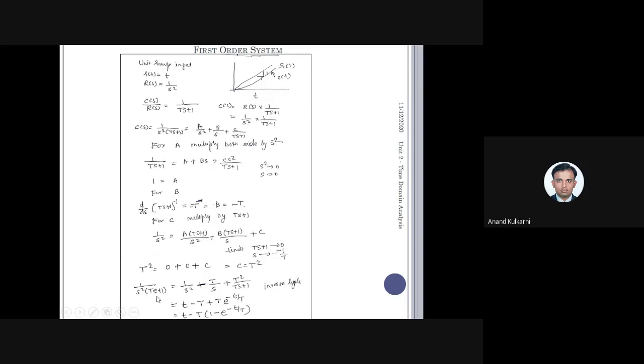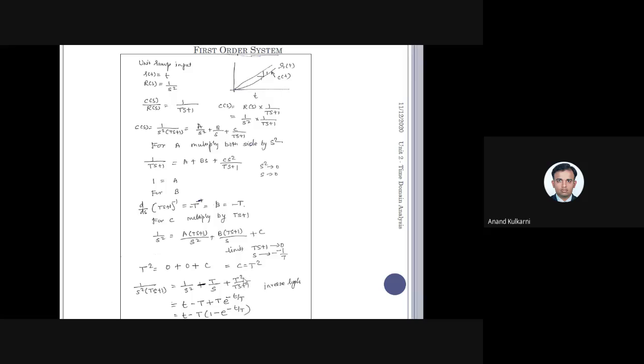Now 1 upon s square into (Ts plus 1) can be written as A upon s square, that is 1 upon s square, A value is 1, B upon s, that is minus T upon s, and C upon (Ts plus 1), that is T square upon (Ts plus 1). These are all in standard form. 1 upon s square inverse Laplace is t. Laplace transform of t is 1 upon s square, so inverse Laplace of 1 upon s square is t. So T upon s is 1 upon s into T. So 1 upon s inverse Laplace is 1, so T will remain as it is. So minus T, and T square